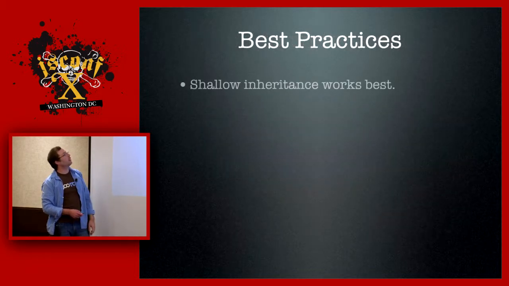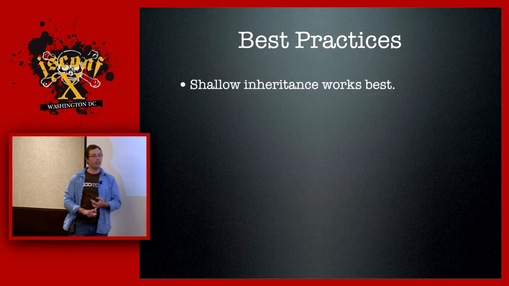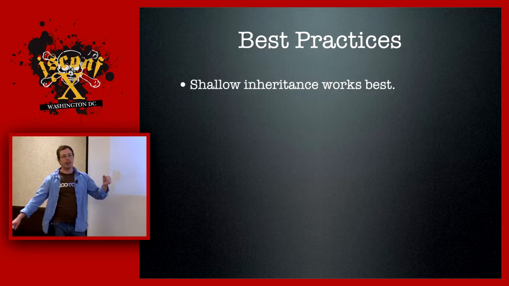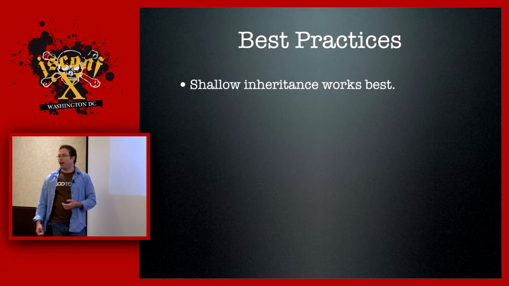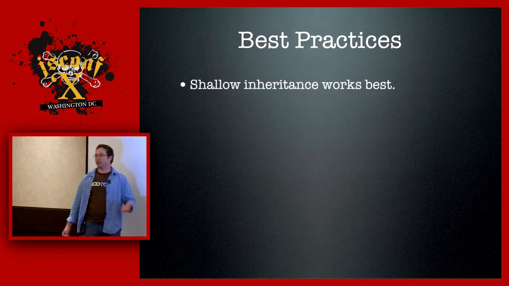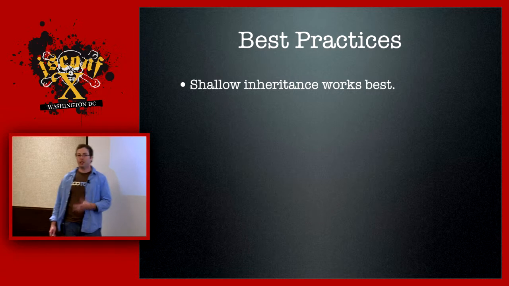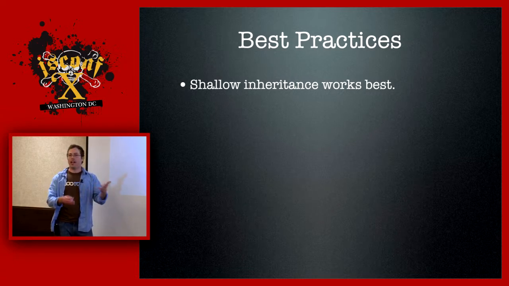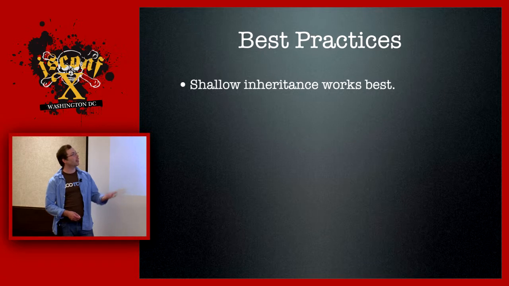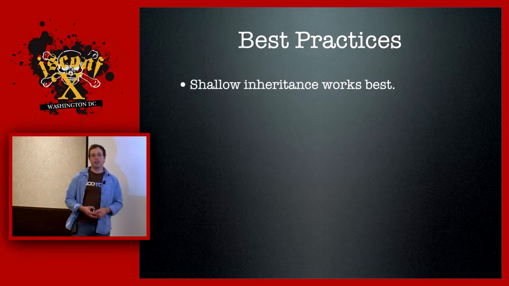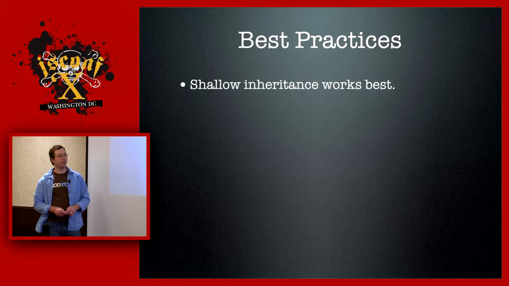So some best practices to think of. One, shallow inheritance works best. I don't recommend getting so deep into the inheritance chain that you don't really know where a property is coming from. If you have 10 or 15 deep, where you have this thing that inherits from that thing, and you're basically trying to recreate the origin of a species or something like that, you're going to be hard-pressed to know where to go fix that property or whatever. I would say, in my experience, that if you're more than 4 or 5 deep, then you're probably getting into trouble, and you need to think about ways to associate more functionality a little more shallowly.